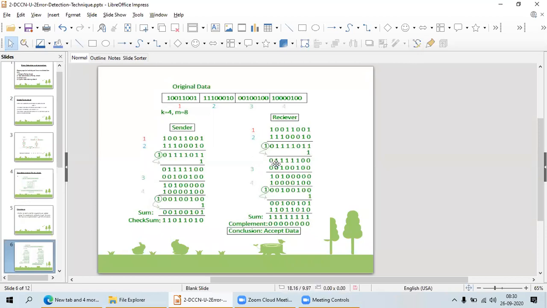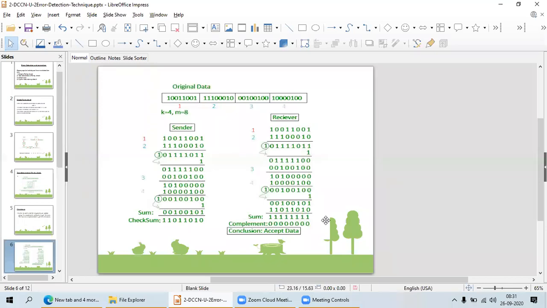Here you are adding and you are going to complement. Whatever resultant you got, you are going to make the one's complement of it. At the end, if after doing the one's complement he gets all zeros, then only he is going to accept. Otherwise he is going to just discard that message. Okay, is it clear? He is adding the two words and taking the one's complement, and whatever he gets, that he will send.